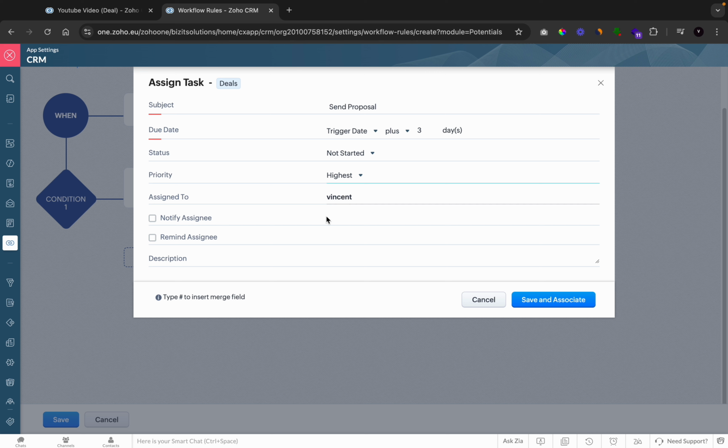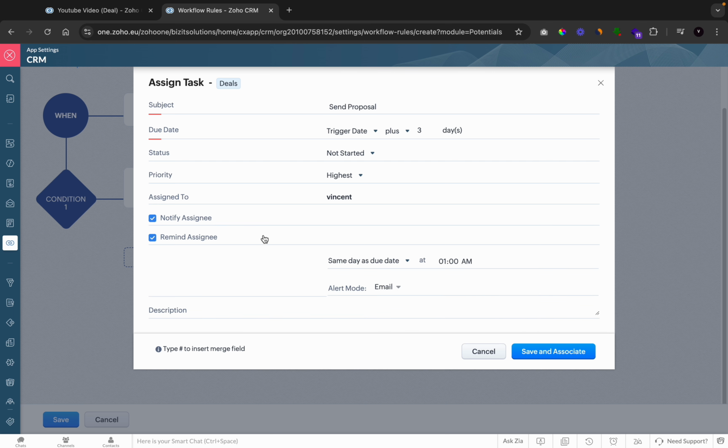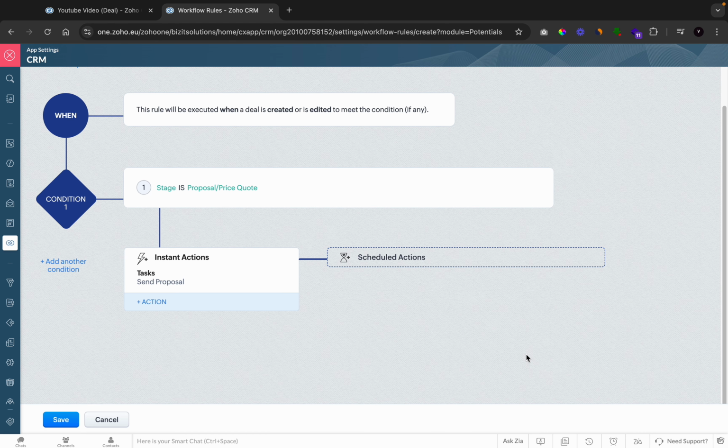And then assigned to, so this is my account, so it's going to say assigned to me. But if you had a team and everyone had their logins put in, then you have a few people to choose from. And then we're going to click on notify assignee and remind the assignee, so I'll know to get reminded. So this is what I mean, we're going to get the email to get reminded as well. And then we're going to click on save and associate,